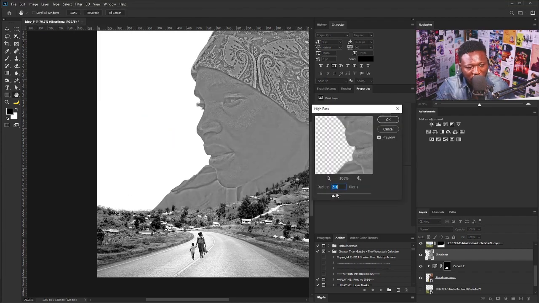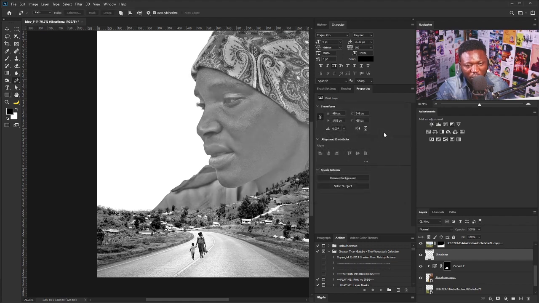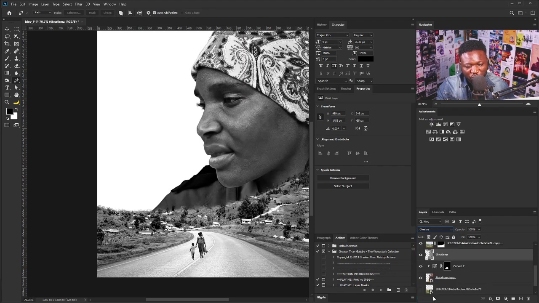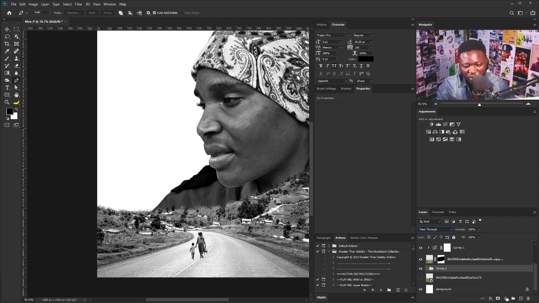Then I'm going to dial this up like so, and I'll hit OK. Then for the blend option, I'm just going to select soft light, or let's use overlay, and I'll put everything in a group. So I'm going to hit Ctrl G, and I'll call this